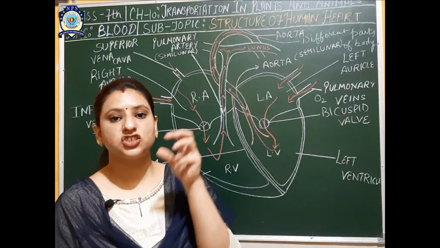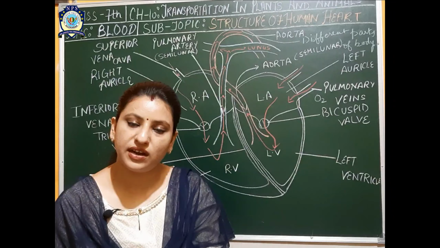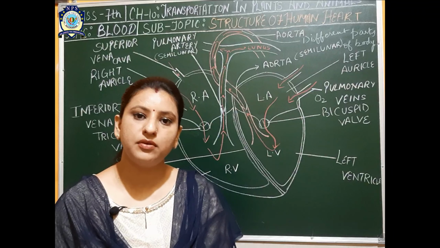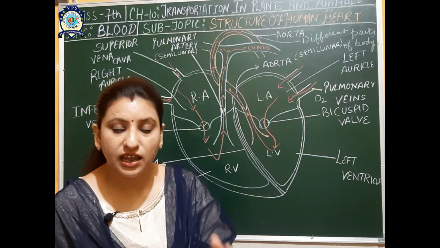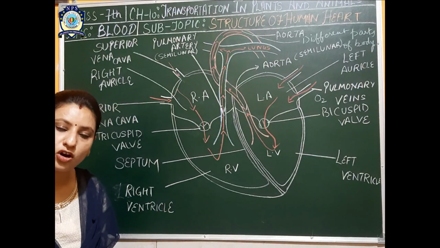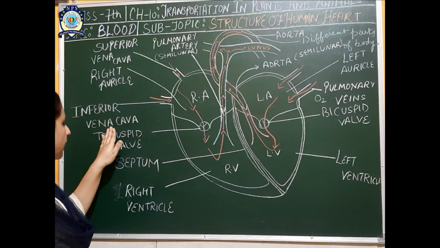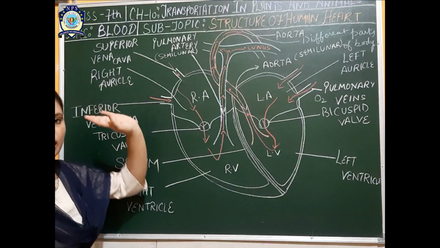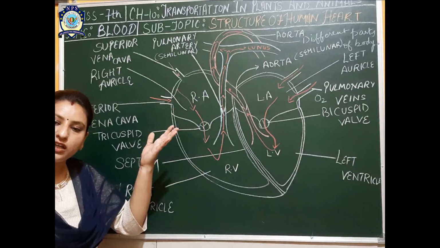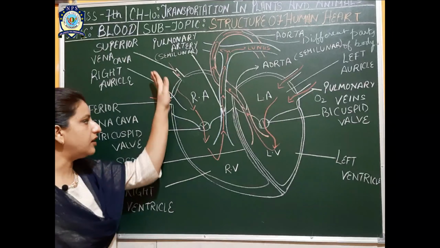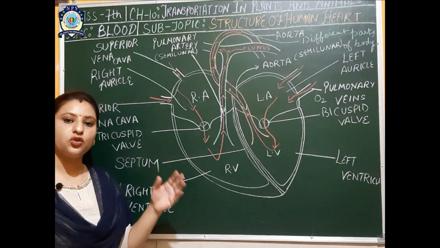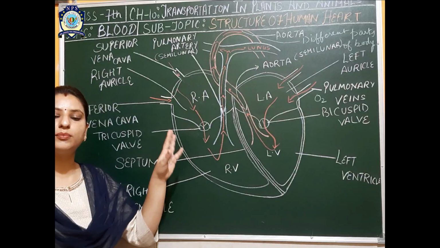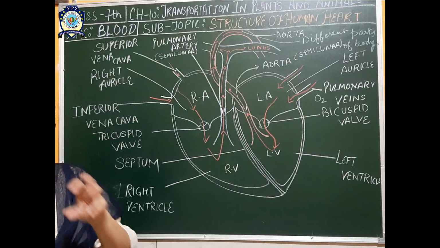What happens there? The exchange of gases takes place there. Oxygen is given and carbon dioxide is received. When the blood receives carbon dioxide, at that time the blood becomes deoxygenated. That deoxygenated blood will be carried by the different veins of the body, and the inferior vena cava will carry the blood from the lower parts of the body, and the superior vena cava will carry blood from the upper parts of the body, and that deoxygenated blood will again enter into the right auricle, or you can say inside the heart, for the purification. So this is the whole cycle, that how the blood revolves, or you can say makes a cyclic process